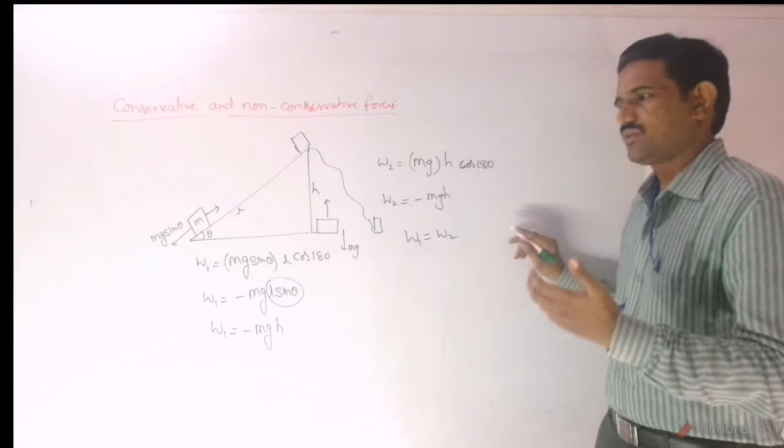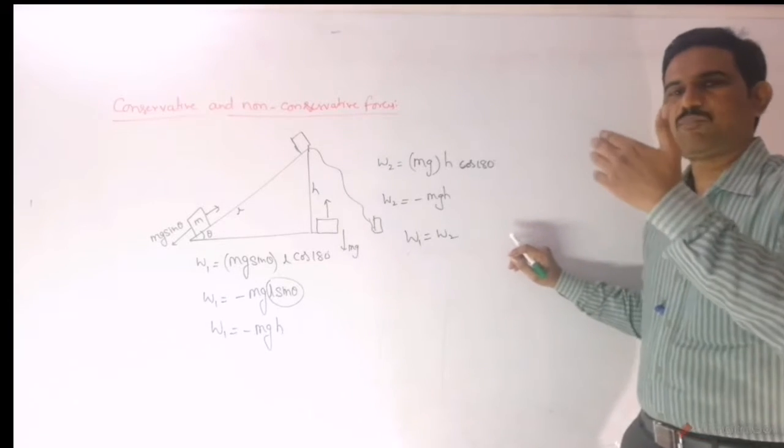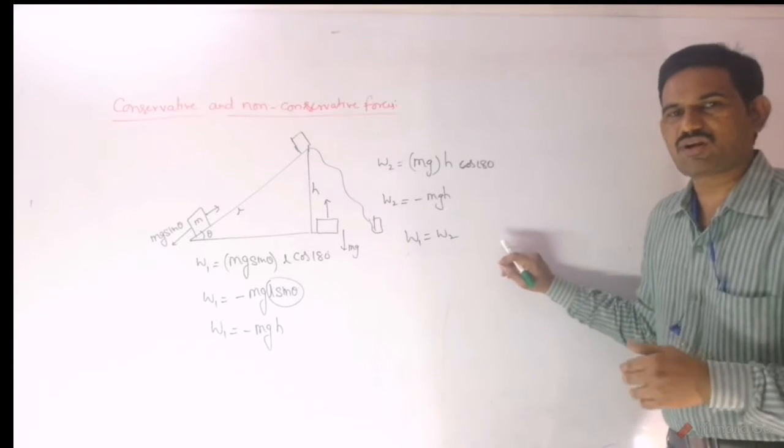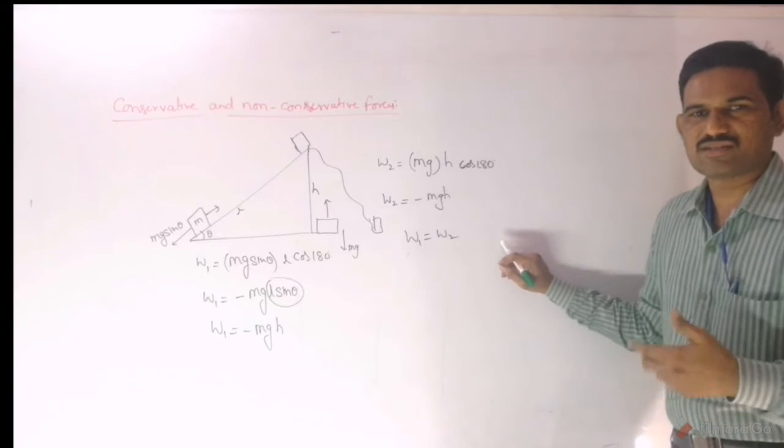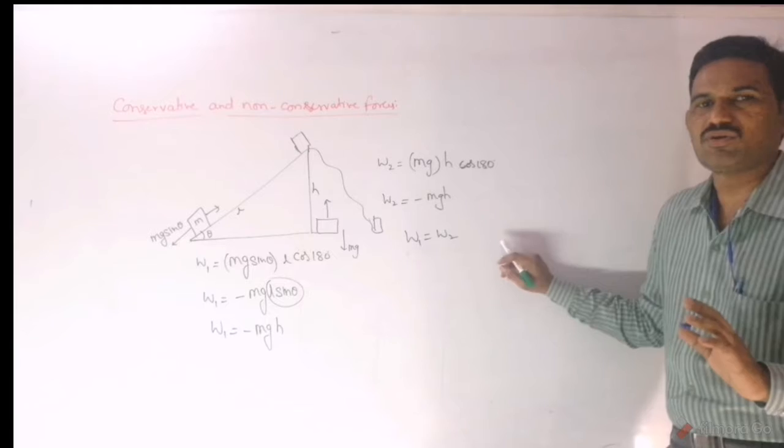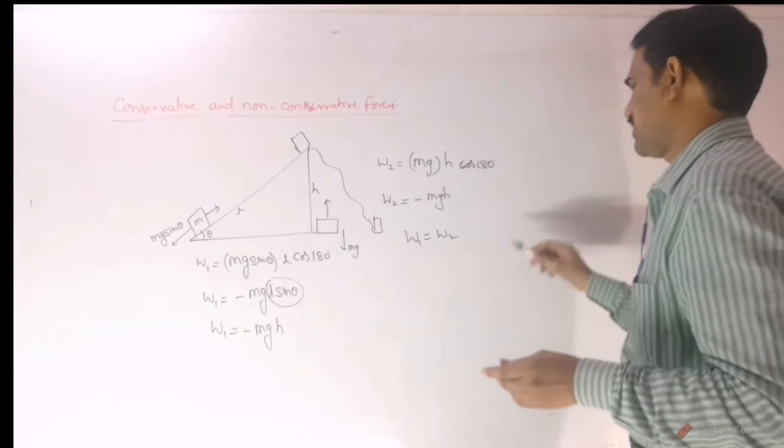And according to the height, when it is moving upwards, the work done by gravity will be negative, and when it is moving down, the work done by gravity will be positive, irrespective of the path followed, you can say. So whatever the path followed,